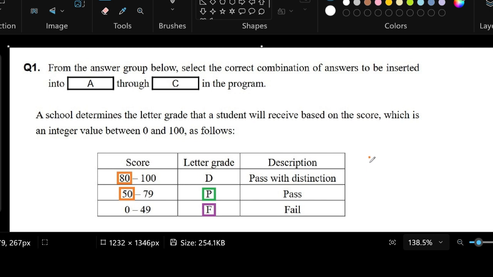The score tells us that if it's 80 to 100, the letter grade is D, which means pass with distinction. If it's 50 to 79, the letter grade would be P, which means pass. And if it's 0 to 49, that would be an F, which is fail. Now, if we look at the program,